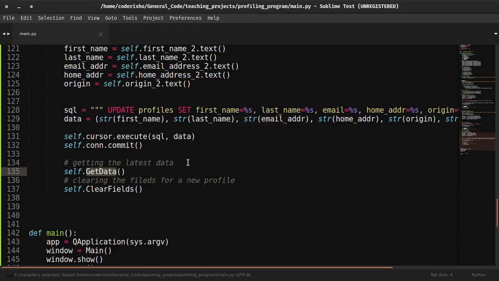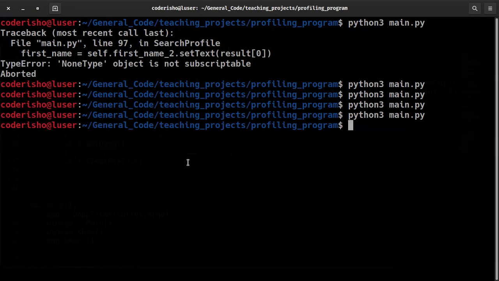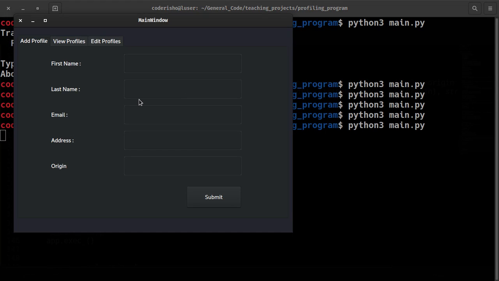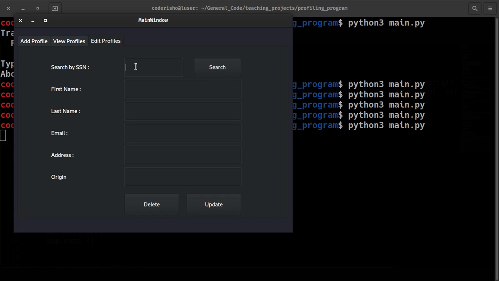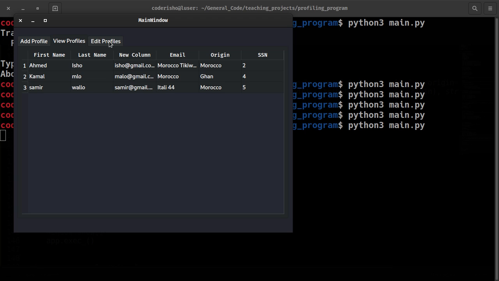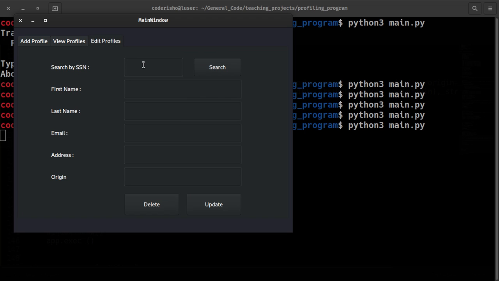So we are officially done if this gets through. Okay, so let's go back here, get a profile by social security number, search, and we have our profile. If we do want to update, let's call this Samira, update this, and it will automatically